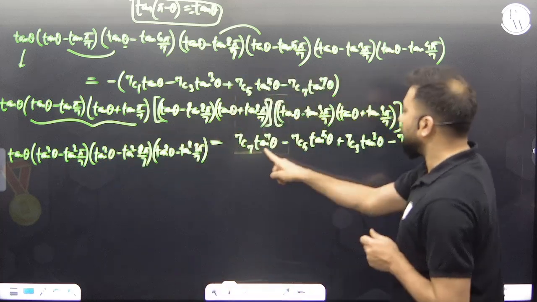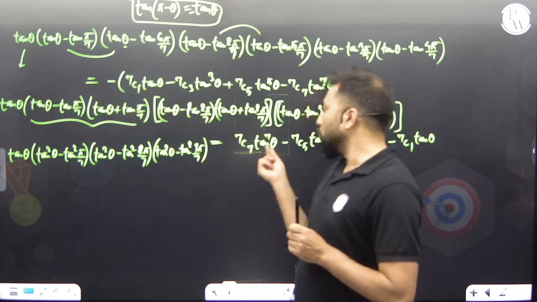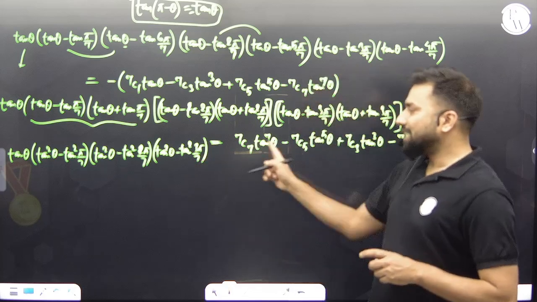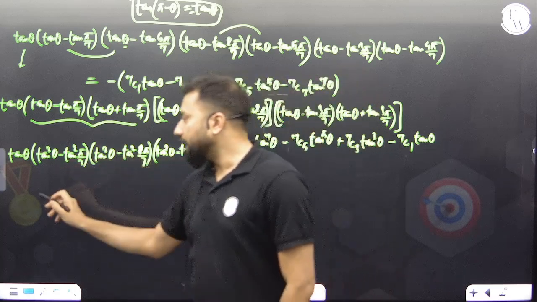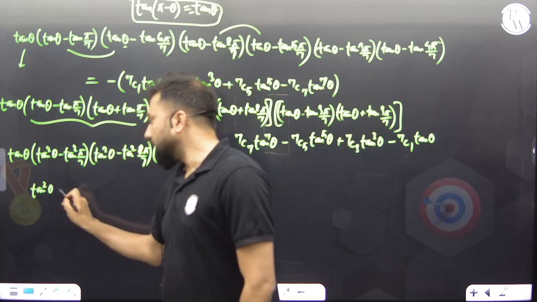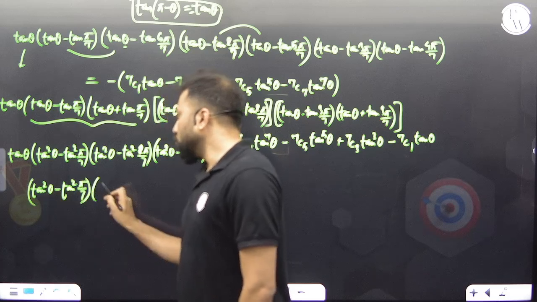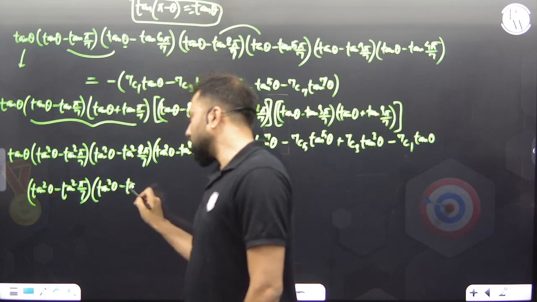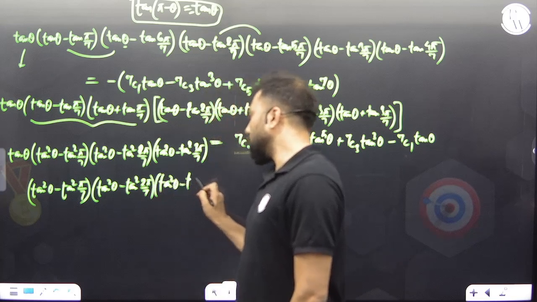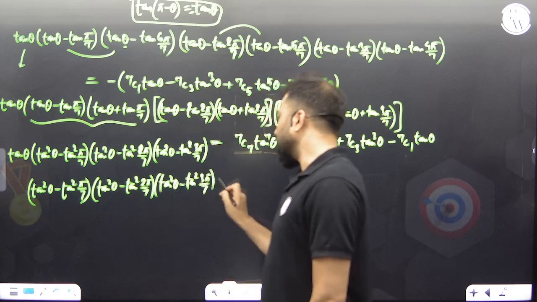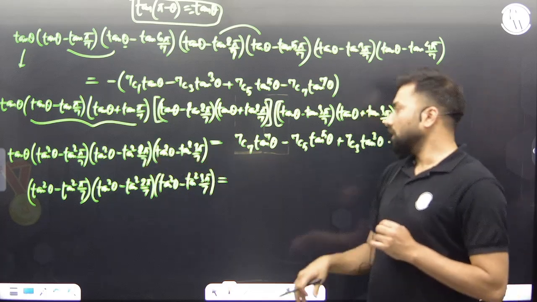You can see tan θ can be taken common, so if I cancel out tan θ on both sides, the left hand side becomes (tan²θ minus tan²(π/7)) into (tan²θ minus tan²(2π/7)) into (tan²θ minus tan²(3π/7)) is equal to, taking tan θ common out from both sides,